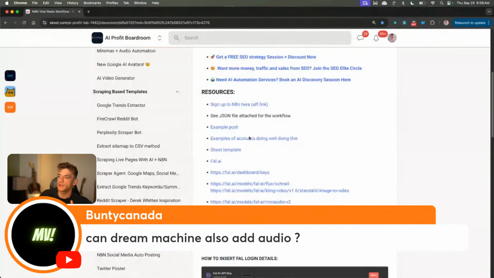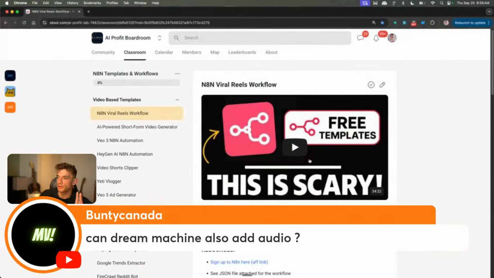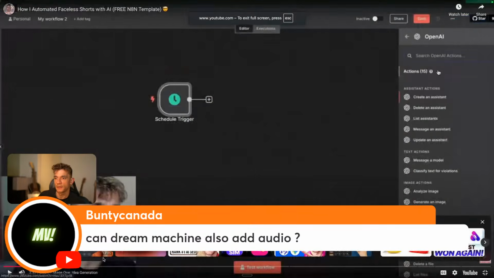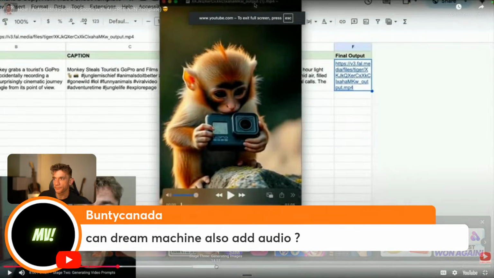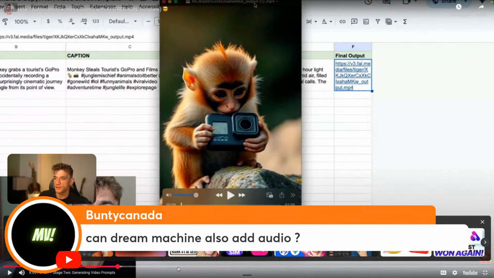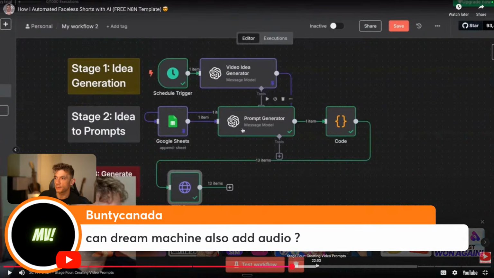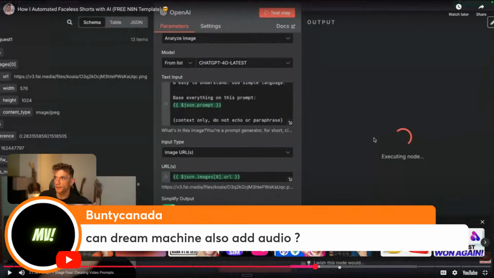Inside this workflow, what we actually have is a full process for adding audio automatically to your Reels, right? And it syncs the audio with the video using an API from NA10 and FAL. And basically inside this automation, what you can see, for example, is it will actually sync the audio with the video. It works really, really well.